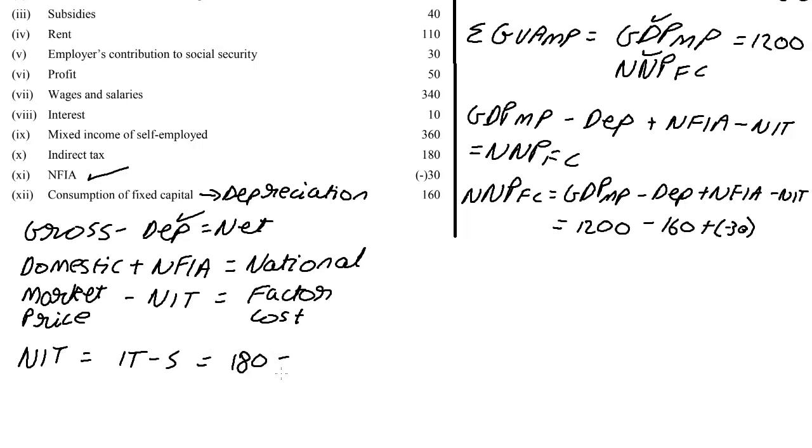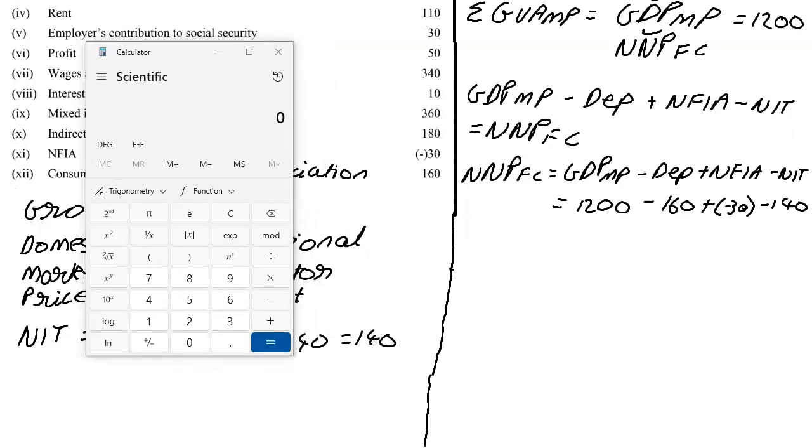And our subsidy is 40. So we end up with 140. So minus 140. And now we are finally in a position to calculate an NNPFC. So finally, NNPFC is going to equal